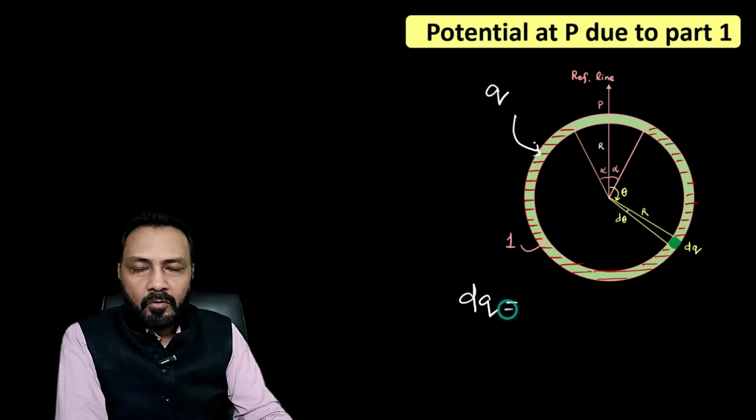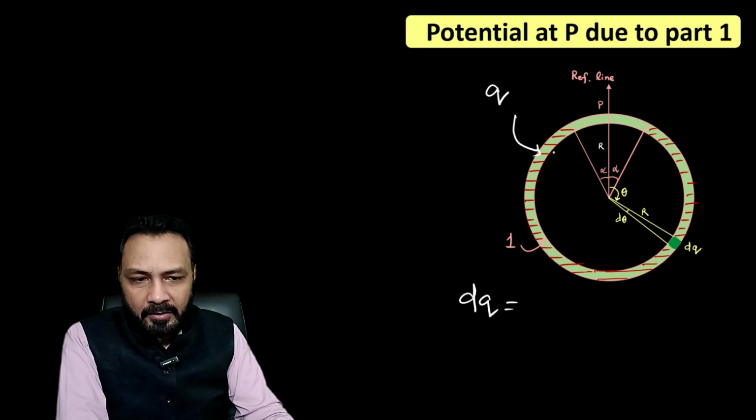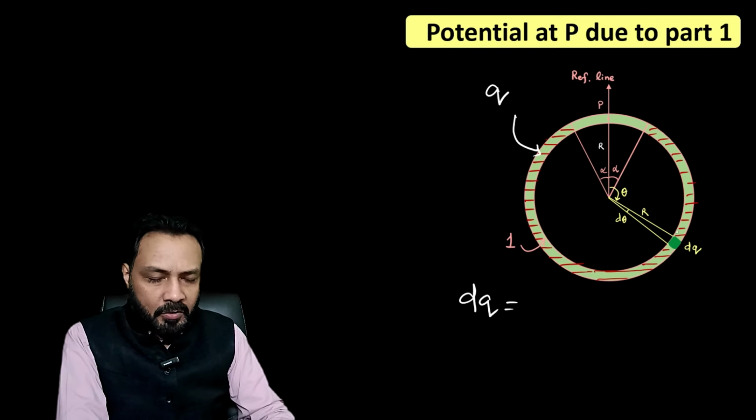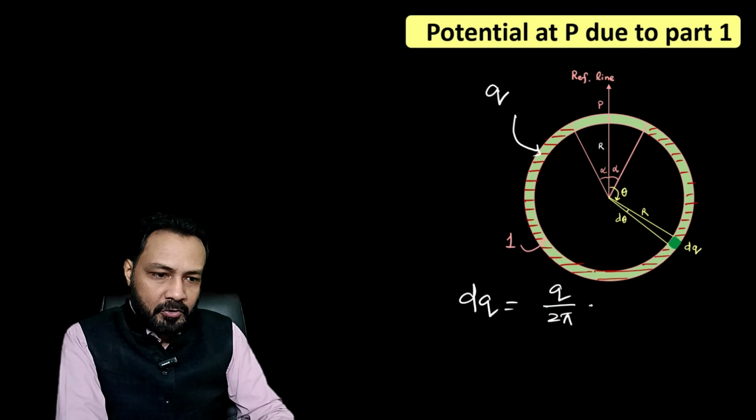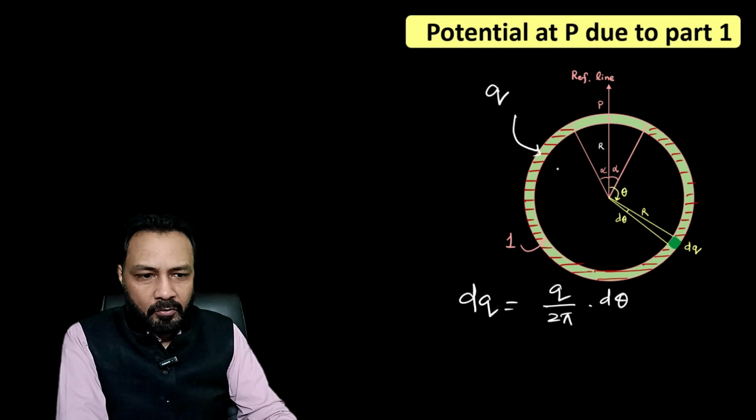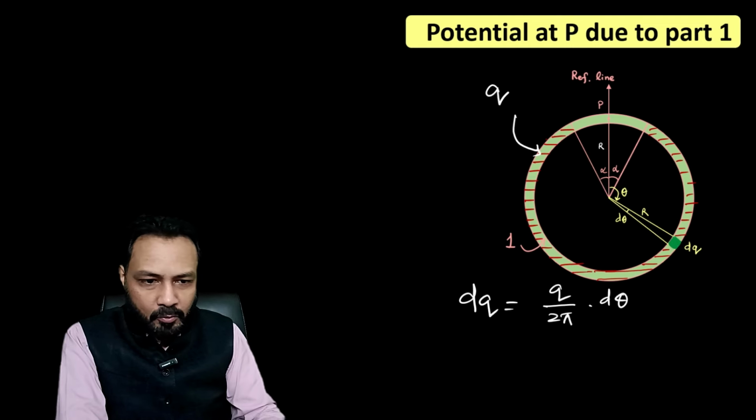this charge is uniformly distributed over the whole ring. The whole ring subtends angle 2 pi radian at the center. This element subtends angle d theta at the center. So charge dq is simply q divided by 2 pi into d theta. So we'll calculate the contribution of this element to the potential, and then add all the contributions to get the total potential